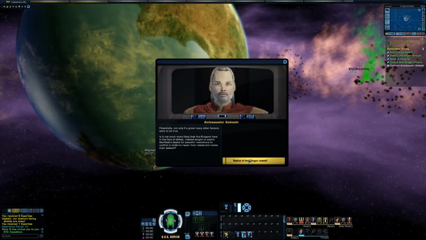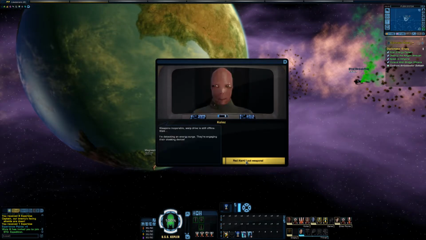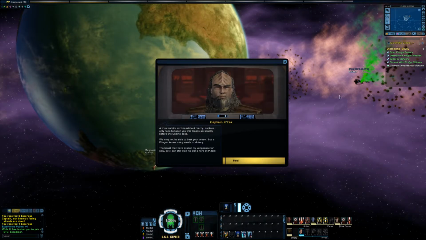Potentially, but only if a great many other factors were to be true. Is it not much more likely that the Klingons have, in the face of defeat, instead sought to exploit Starfleet's desire for peaceful resolutions to conflict in order to repair their vessel and renew their assault? What's the status of the Klingon vessel? Weapons inoperable. Warp drive is still offline. Wait, I'm detecting an energy surge. They're engaging their cloaking device. A true warrior